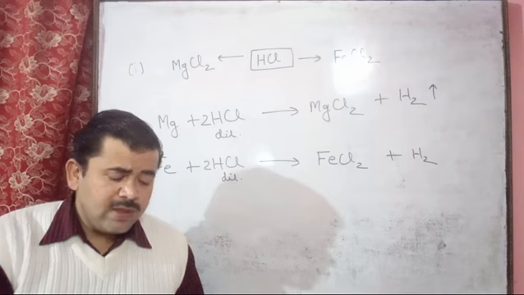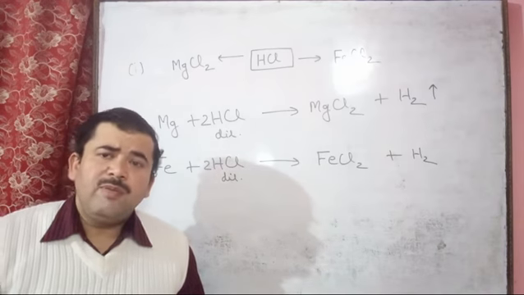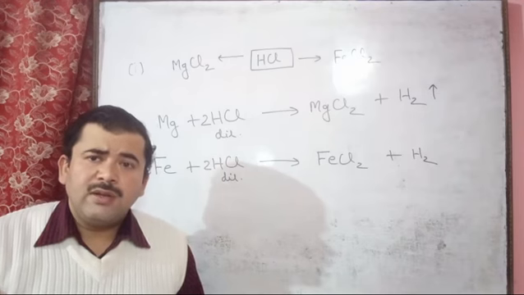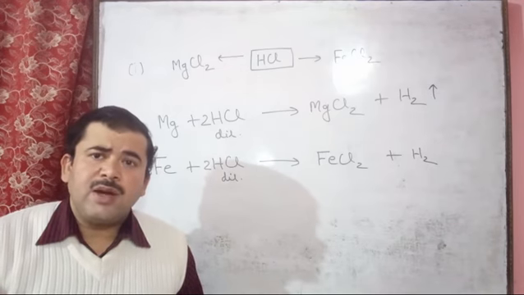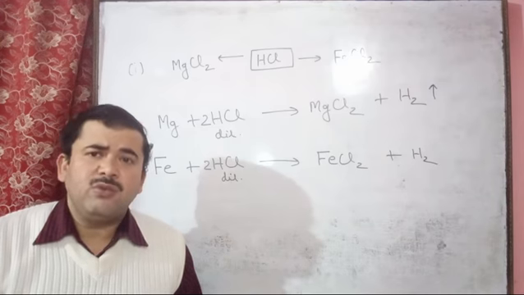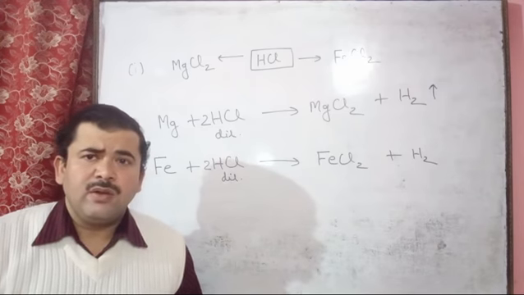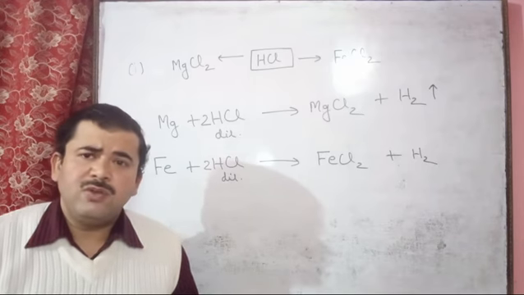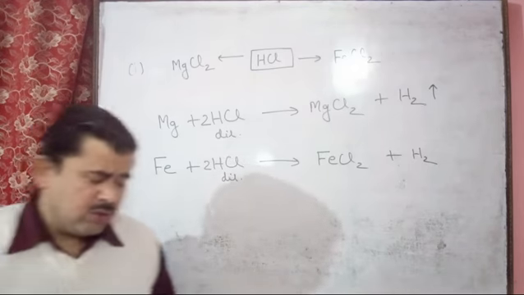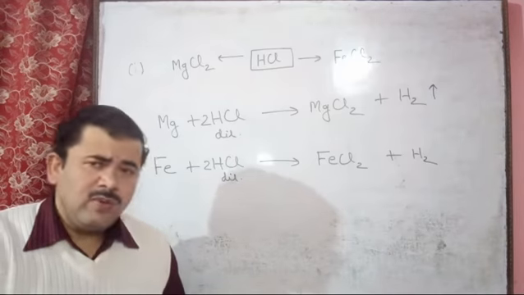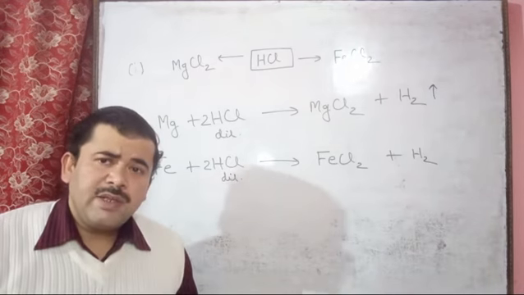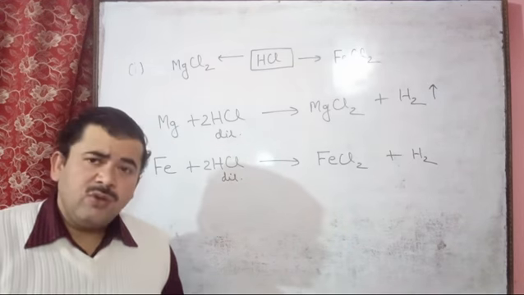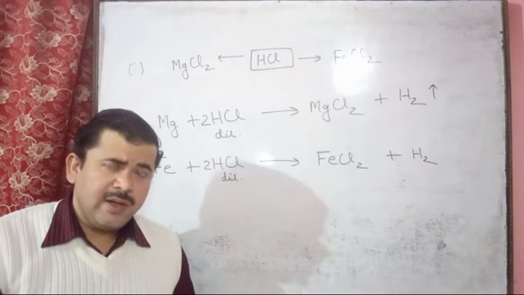So here two gases, hydrogen and chlorine. If we keep them in a porous container, hydrogen gas passes first because it is lighter than chlorine. So hydrogen gas passes first from the porous pot. So easily we can separate the hydrogen and chlorine. So here this is the answer. You will write here, lighter gas passes first from the porous pot. So hydrogen, this is the lighter gas.